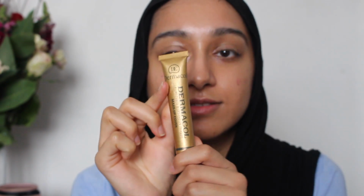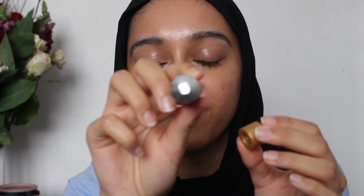I'm now gonna test out this Dermacol foundation. I got this in the post not long ago, and I've not opened it yet, so I don't know if the shade is right or not. It looks like this, and I think it has a little pin thing at the end, because it has a foil, it kind of looks a bit like toothpaste. But I'm gonna pop that in, and let's see if the colour's right, because I'm not too sure. I looked online and it seemed okay, but